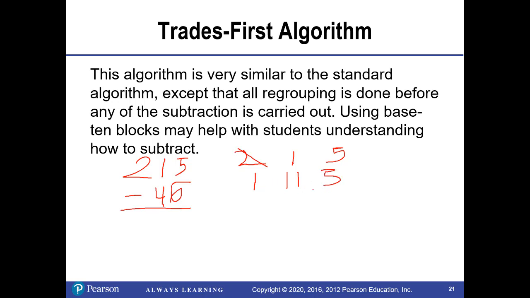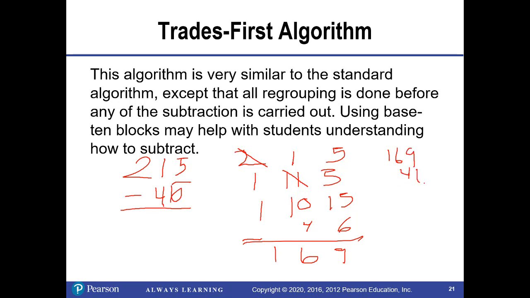And then we know we're going to have to trade again. So we take one of our tens and we bring it over here and we get 15 ones. So I now have 100, I have 10 tens, and I have 15 ones. And then from this, I can subtract 46 and I get 169. And we'll check our work really quickly. 169 plus 46 should equal 215,